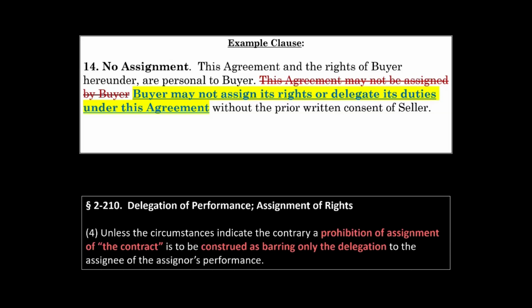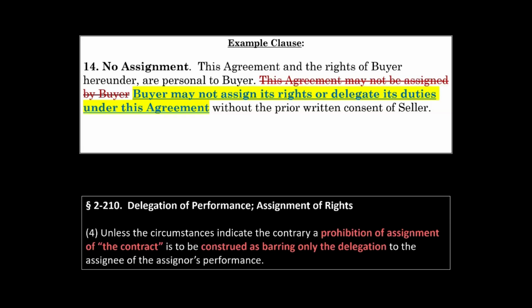So, contract parties retain the freedom of contract to prohibit an assignment of rights under the contract, but to do so, Article 2 requires contract parties to be express and unambiguous about their intention to do so. Even then, however, some courts in some jurisdictions have held that this kind of contract language does not actually preclude the assignment of the contract. An assignment is still possible in these jurisdictions, though any assignment would clearly violate this no assignment clause, putting the assigning party in breach. But that breach would not render the assignment ineffective. The assignment would still be valid and enforceable by the assignee.